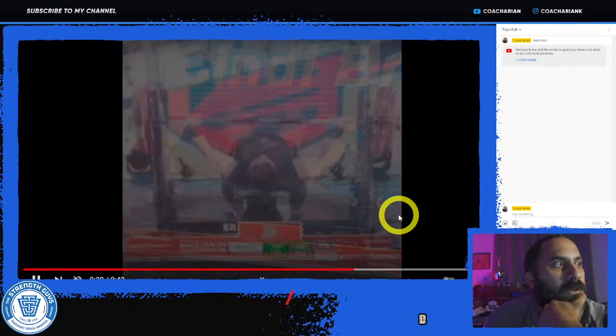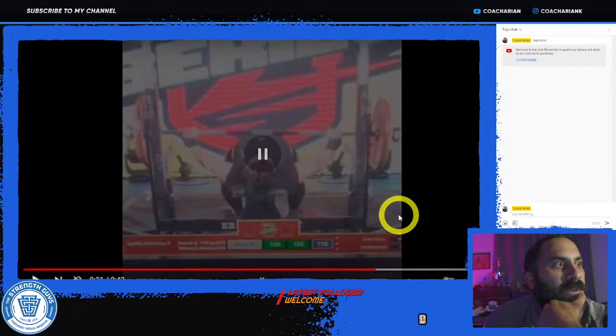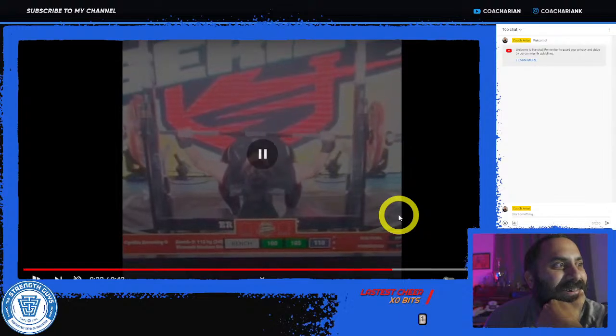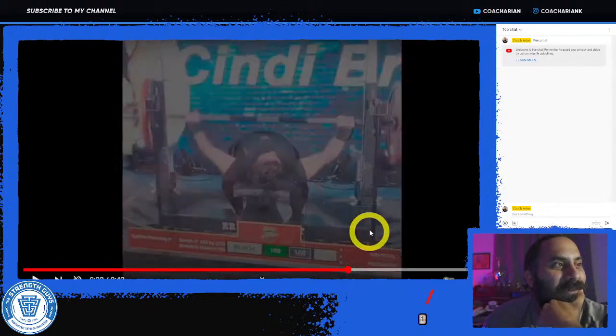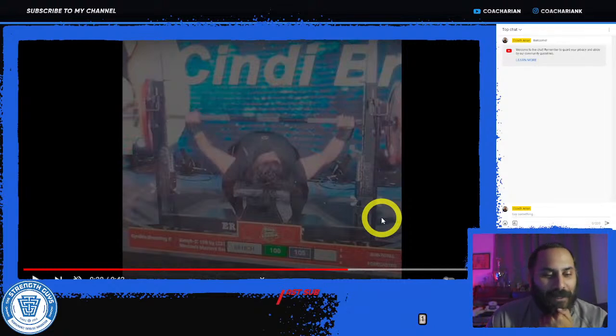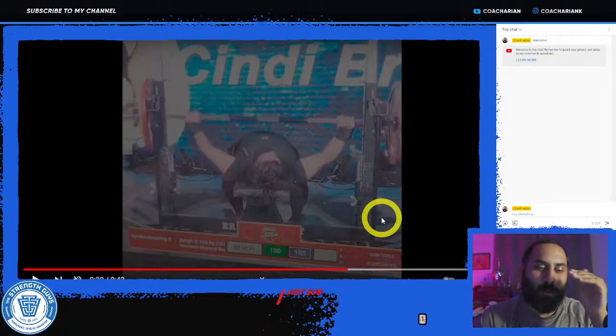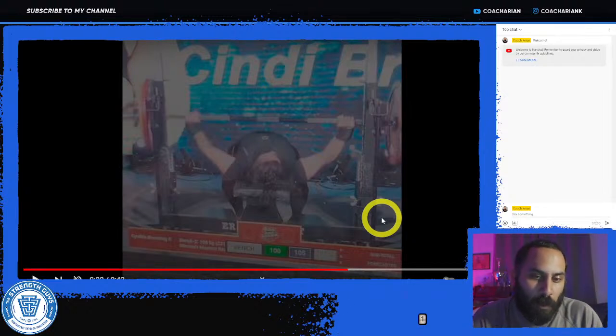And then the third one, she just straight up misses. And this one's even worse quality. It's hard to see what's going on, but interesting. What I would do here, maybe, if it was my lifter, is to start going through a series of questions and trying to maybe figure out what the issue is.